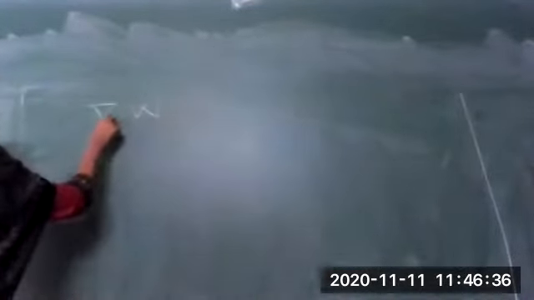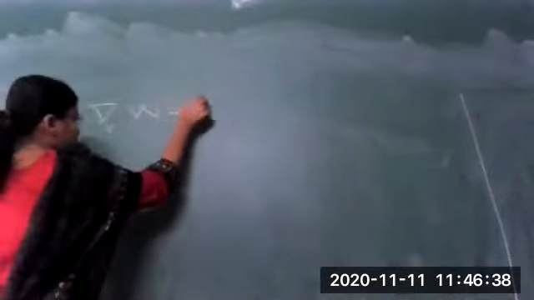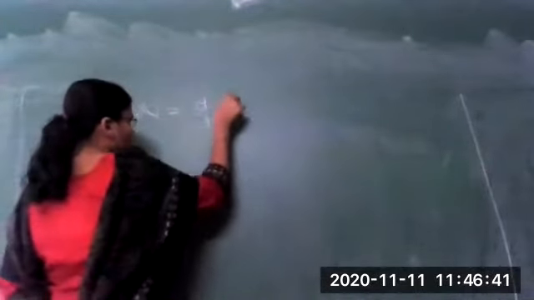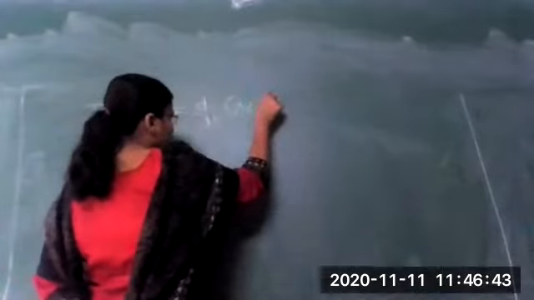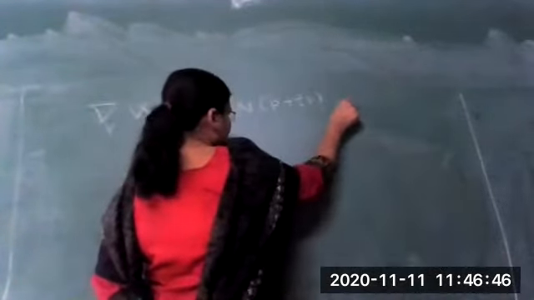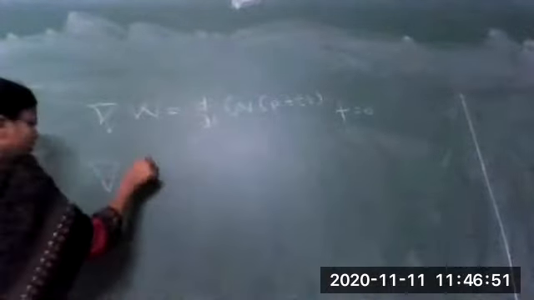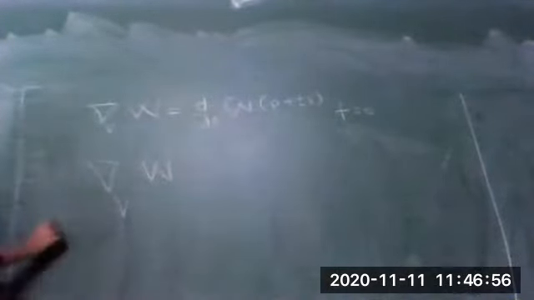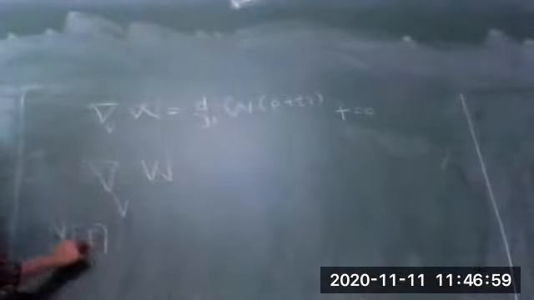Let me go to the next definition: the covariant derivative of a vector field with respect to a vector field. Just now we found the covariant derivative of a vector field W with respect to a tangent vector V_P, which is d by dt of W of (P plus tV), evaluated at t equal to 0. But now we have to find the covariant derivative of a vector field W with respect to a vector field, just like we did for the directional derivative of a function f in the direction of a vector field. First we found the directional derivative of f in the direction of a tangent vector.